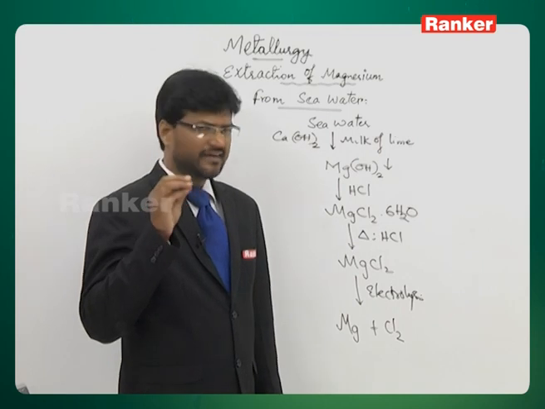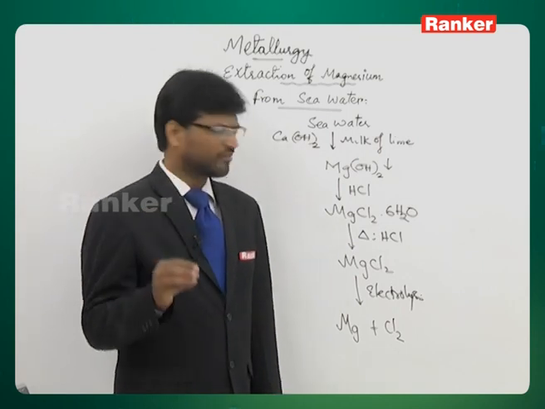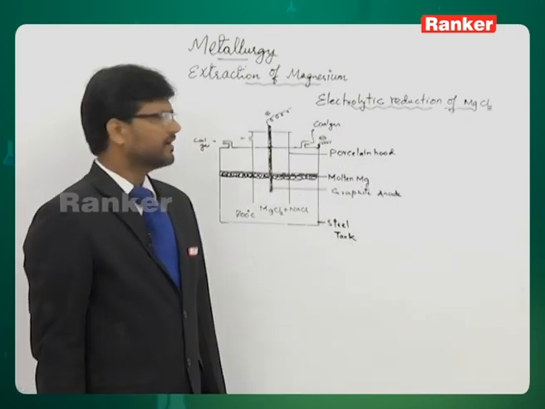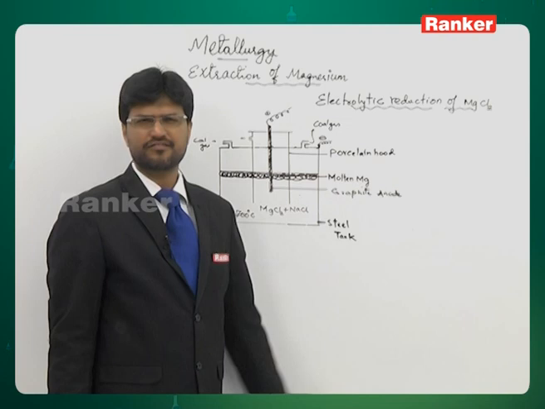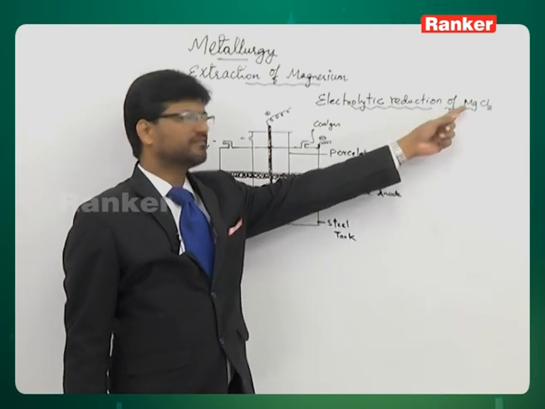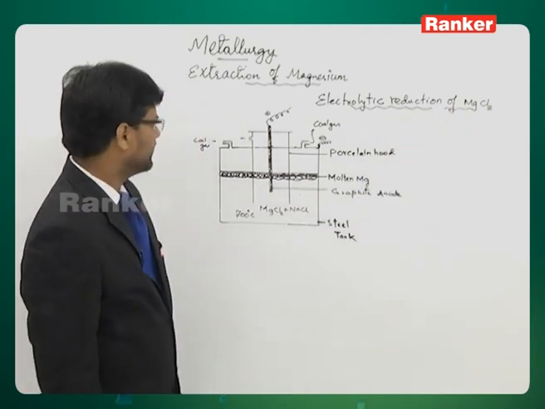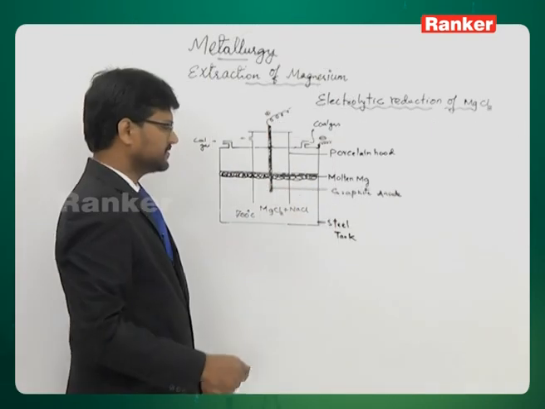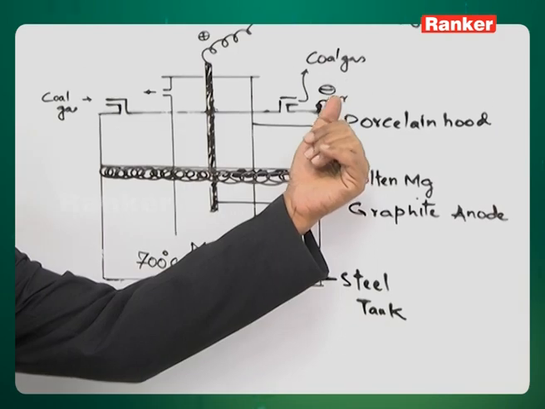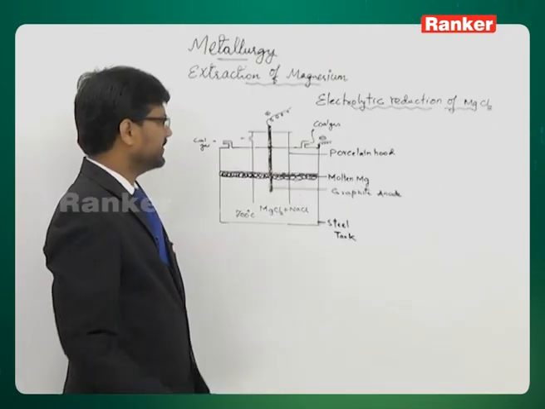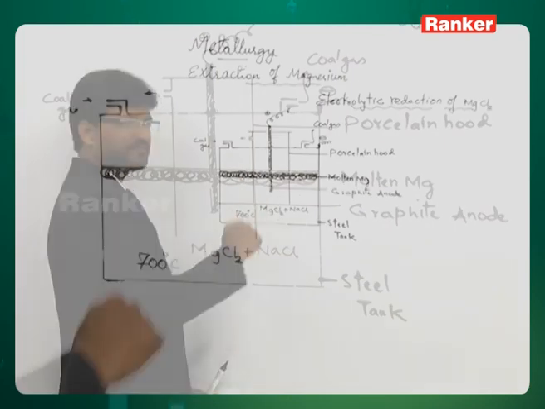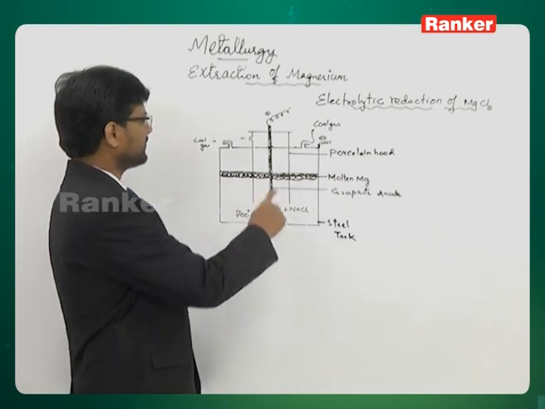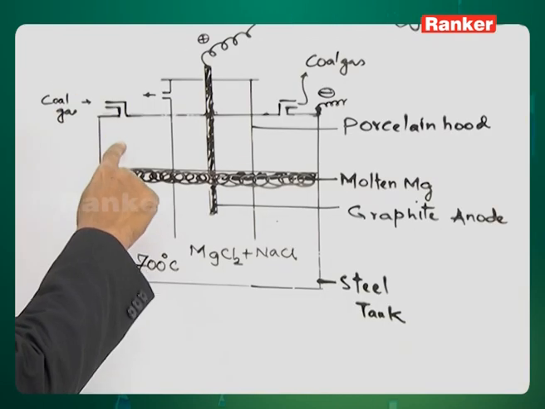Now let us discuss electrolysis of magnesium chloride. This is regarding electrolytic reduction of magnesium chloride. Let's see how it is done. We have a rectangular steel tank. The steel tank itself acts as cathode, you can see here. A graphite rod is suspended from above, which acts as anode, and we have a provision for circulation of coal gas,